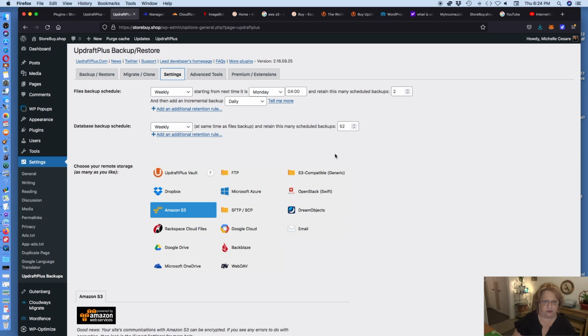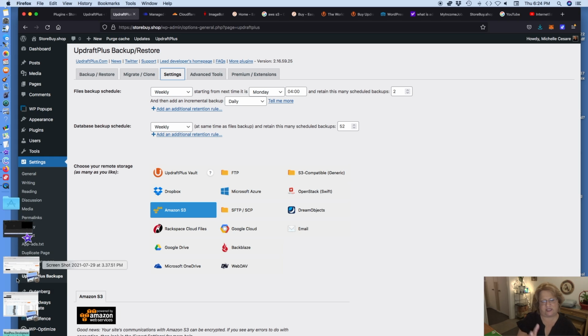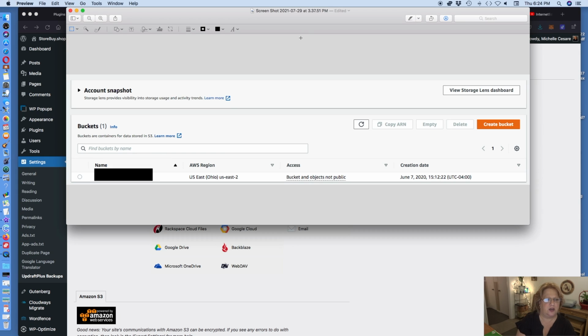UpdraftPlus Backup Restore. I use an Amazon S3 bucket. I took some pictures here. I took snapshots, screenshots, because I'm not sure if somebody could gain my personal information. I just blocked the name of the bucket. What a bucket is, it's holding. I'm using